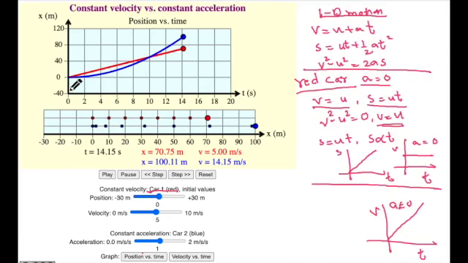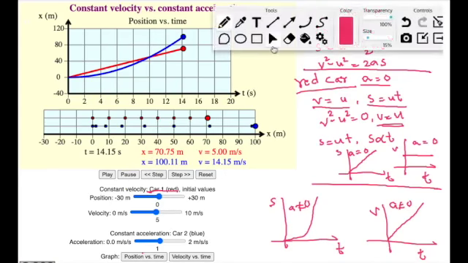Yeah, so please observe the position versus time, which means S is equal to ut plus half at square. You can also observe here that it is covering unequal distances in equal intervals of time. So the position versus time graph, S versus t, will be a parabola. This is for a equal to 0 and this is for a not equal to 0. This simulation you can use for any different accelerations.